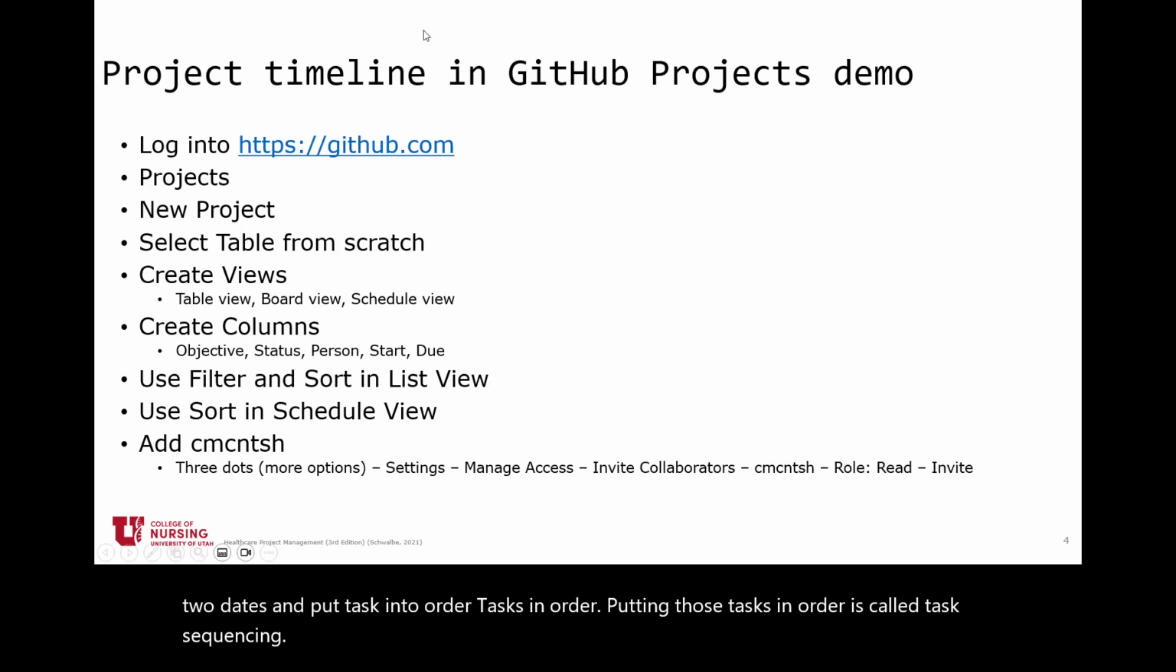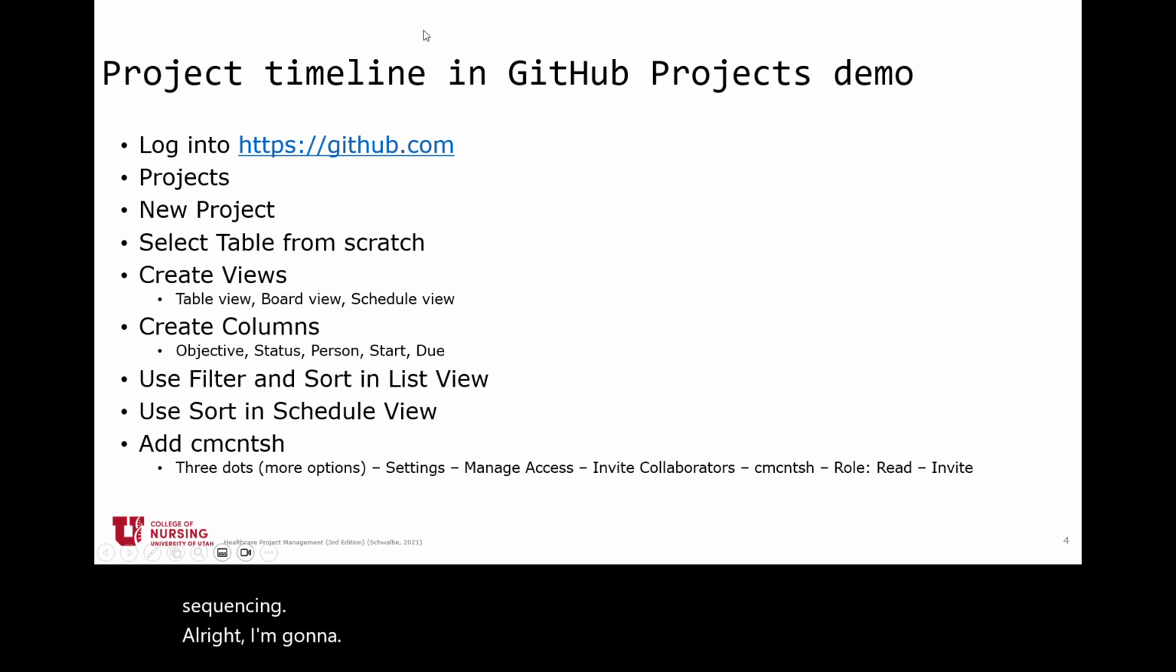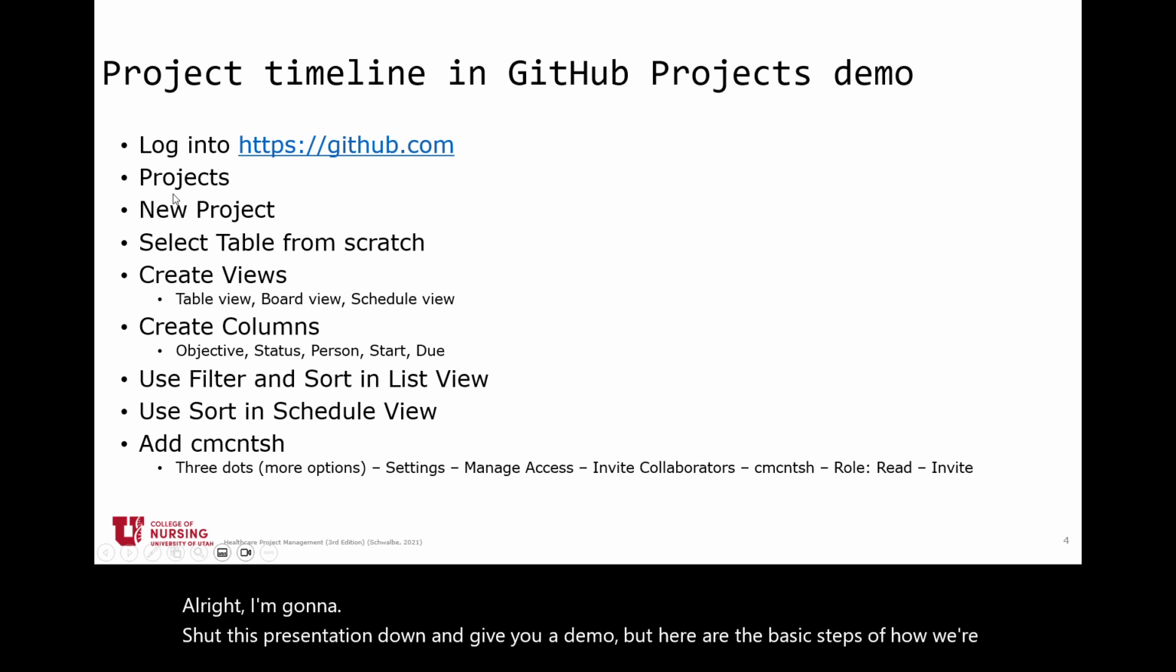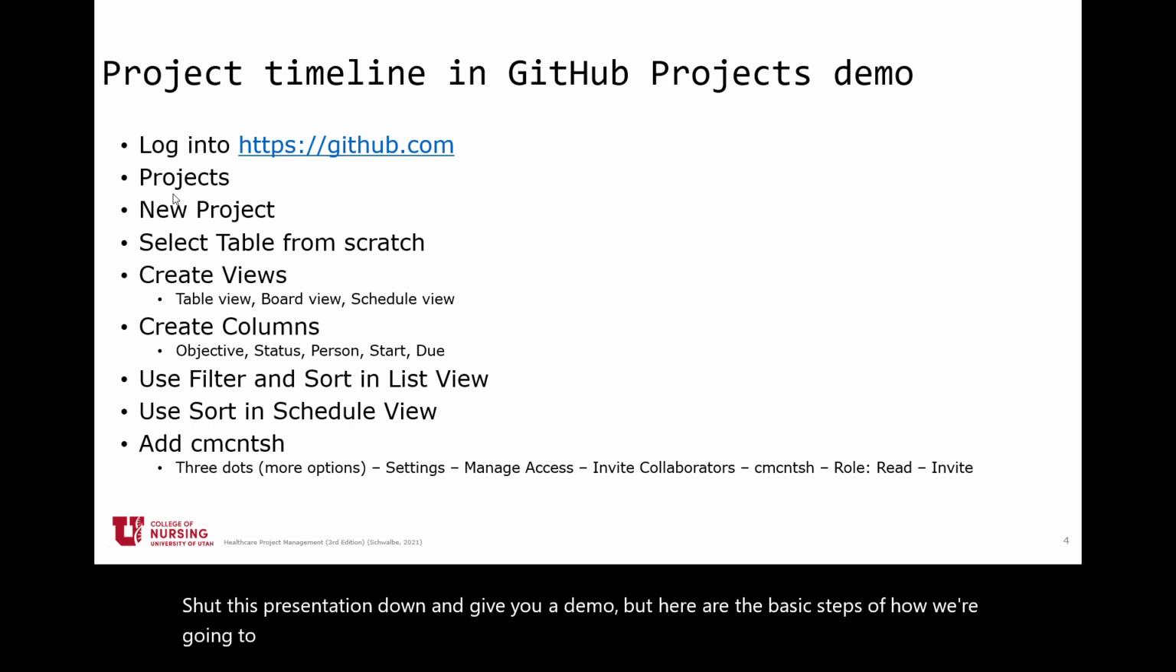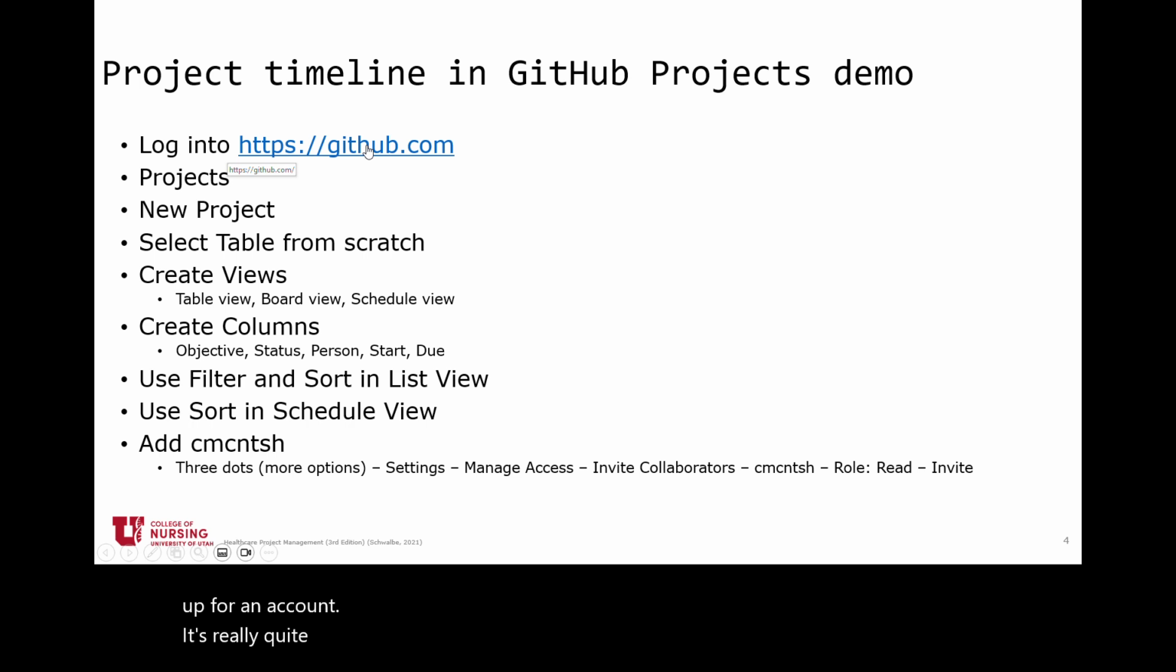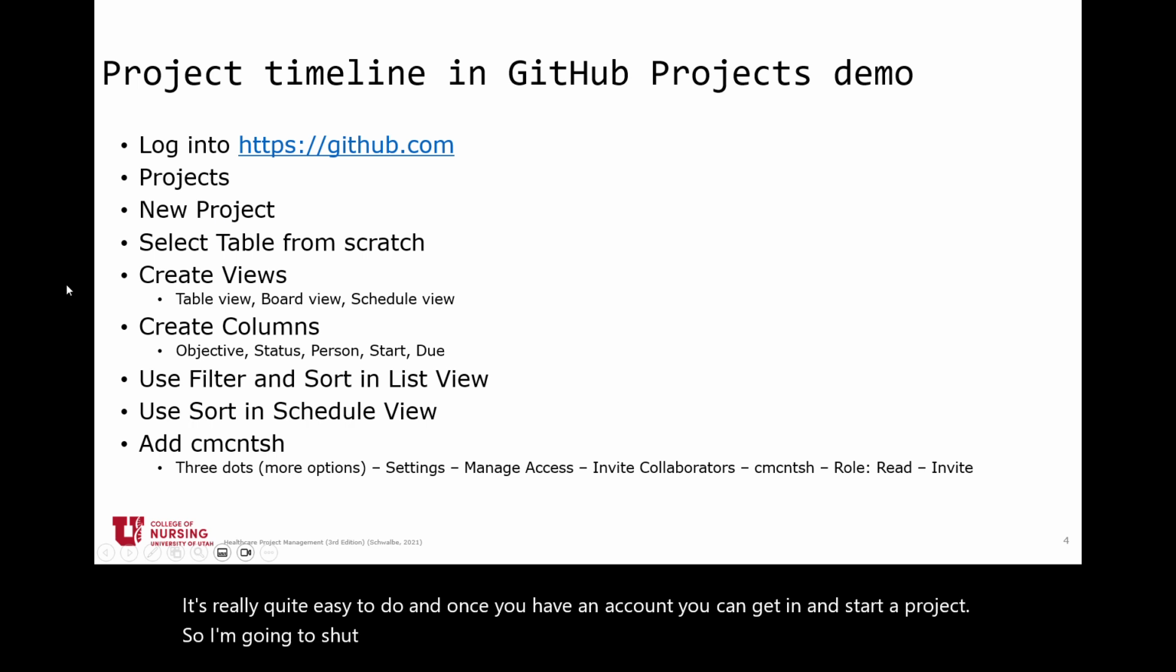All right, I'm going to shut this presentation down and give you a demo, but here are the basic steps of how we're going to create a task list using a tool called GitHub Projects. GitHub is free and you can sign up for an account. It's really quite easy to do, and once you have an account you can get in and start a project. So I'm going to shut this presentation down,